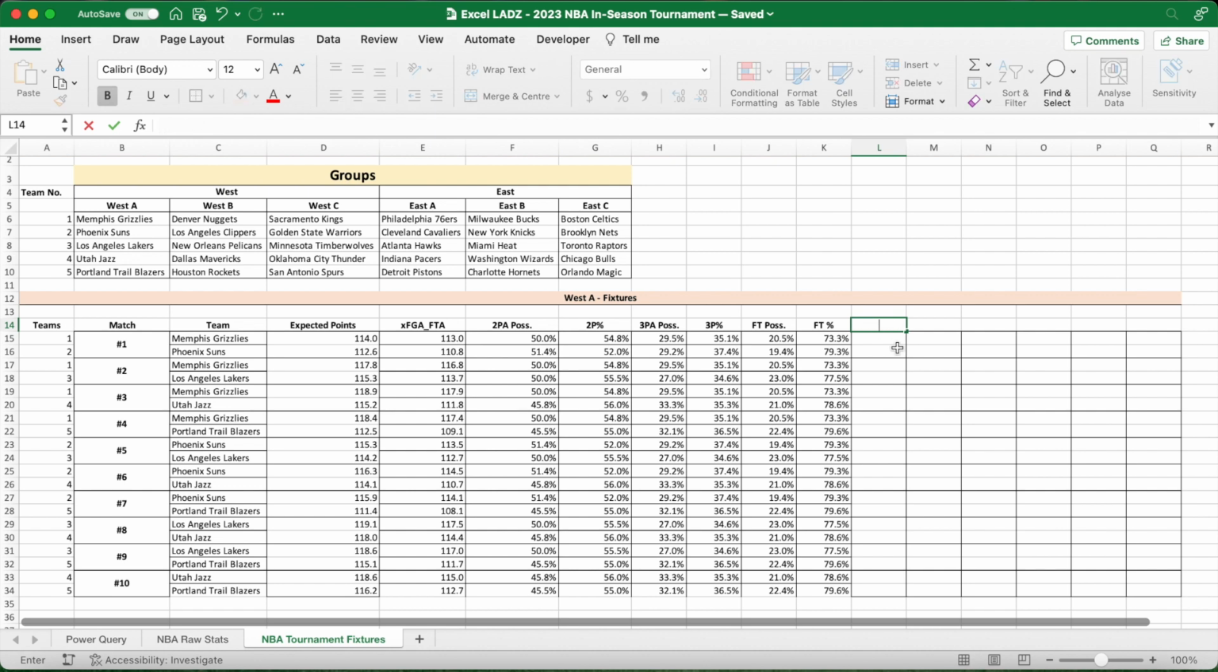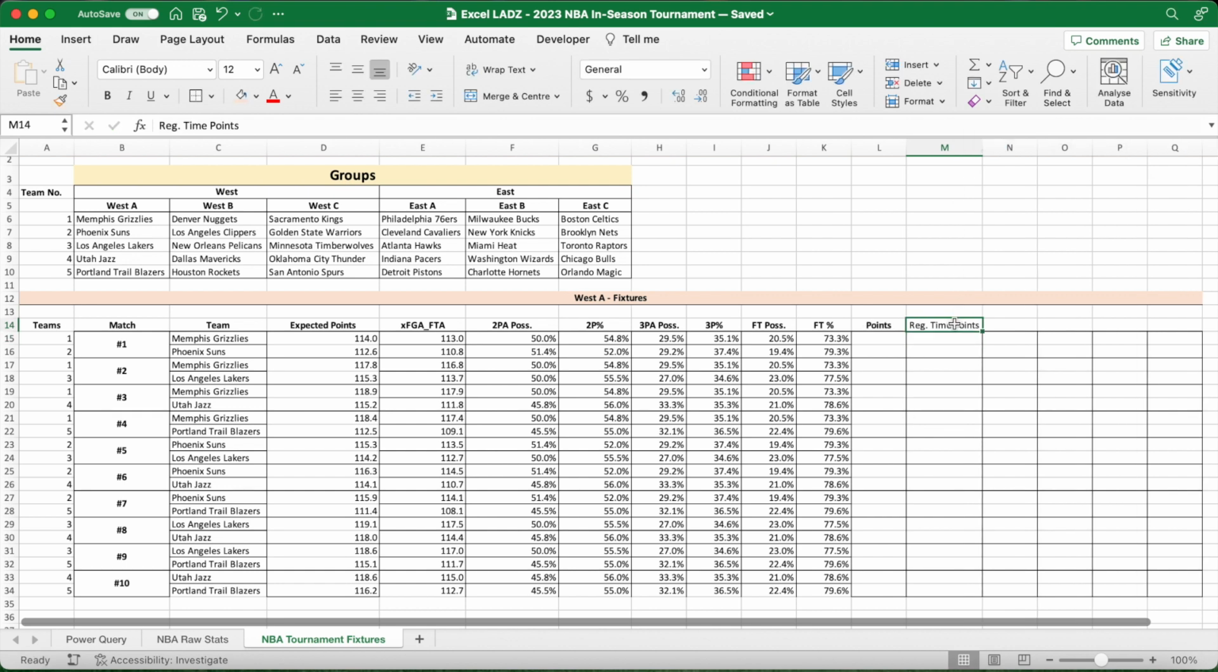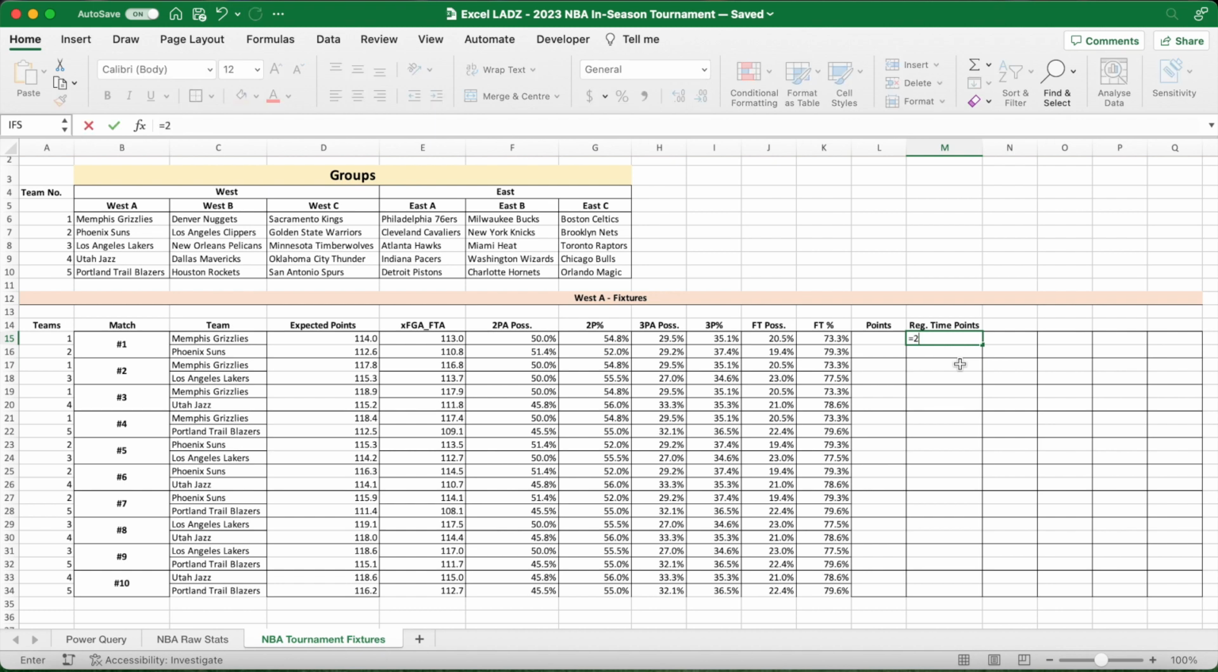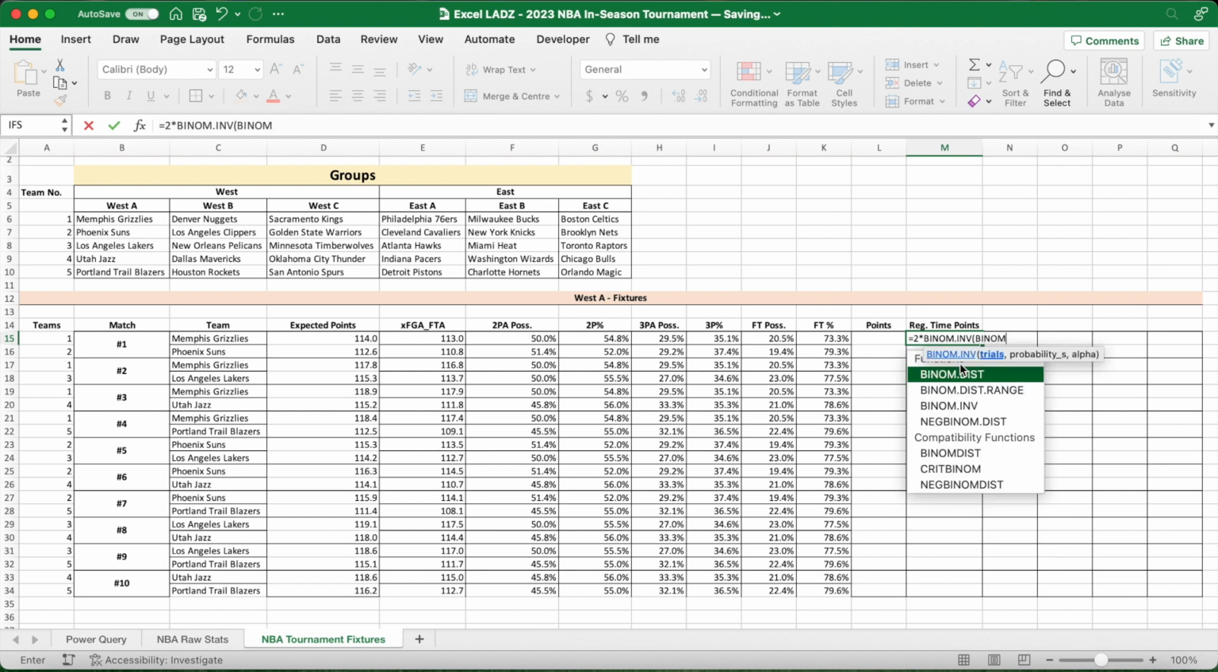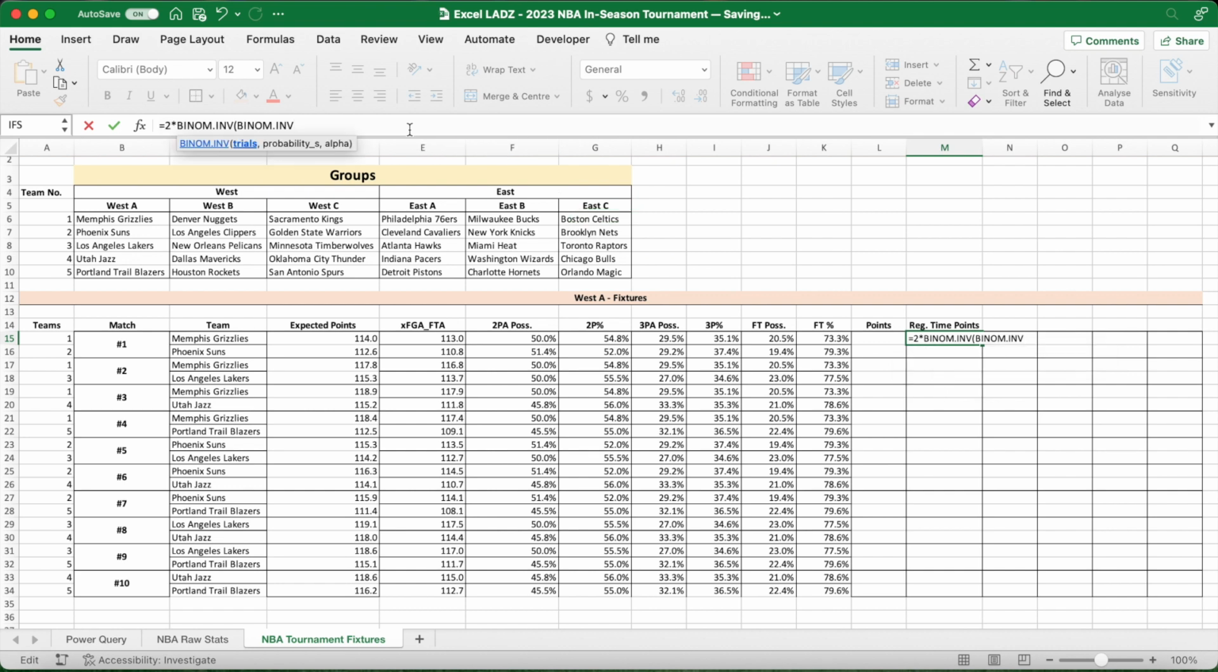So speaking of the final score, in column L14 as the column header for L, put the text points. We're going to leave this column blank for now. First, though, in column M, write the text regular time points, so reg time points. Here we're going to simulate the regular time points scored using the binomial inverse function. So it's going to be equals 2 times binom.inv. Our number of trials is another binom.inv function, open bracket. So we're going to put the cell